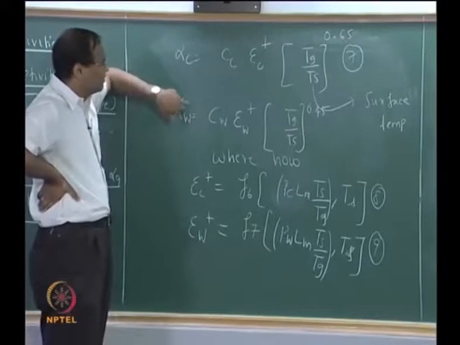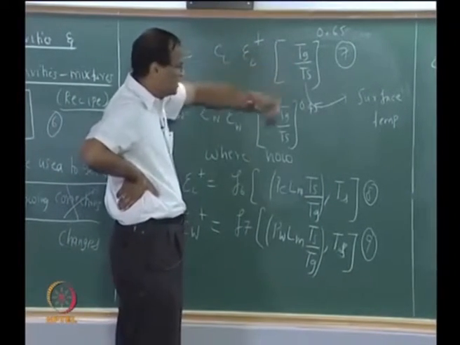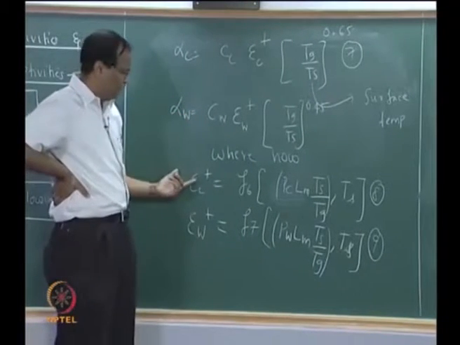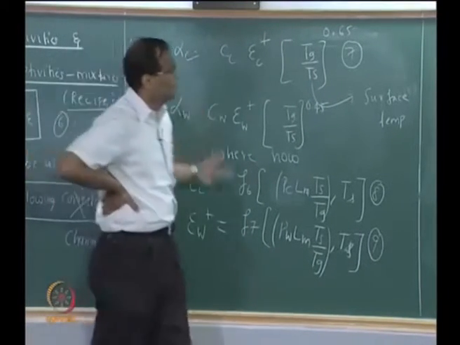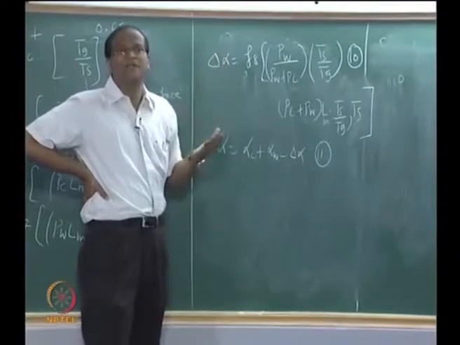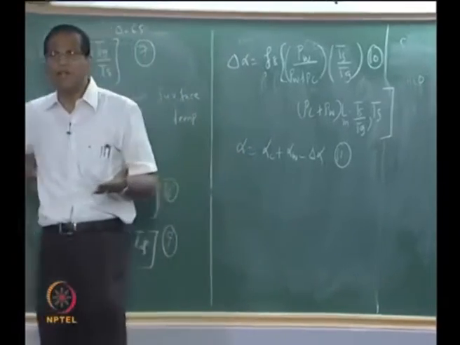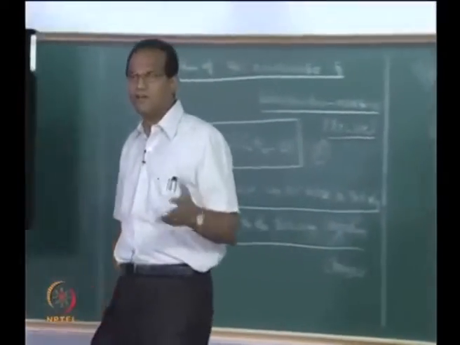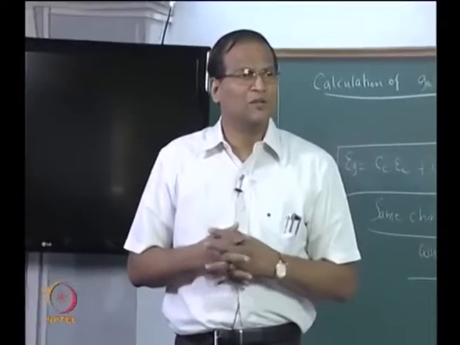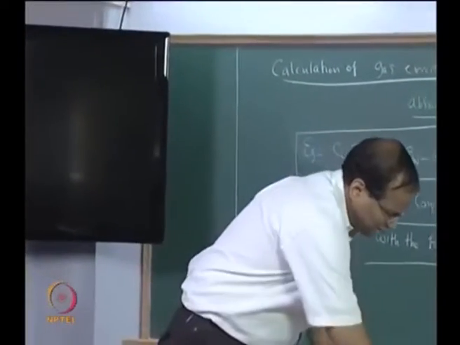Calculate these two values, but do not forget to multiply by Tg by Ts to the power of 0.65, but unfortunately Tg by Ts to the power of 0.45 for alpha W. Get these two correction factors, incorporate them, get this delta alpha. But from my experience, for the kind of problems which we are solving, delta epsilon and delta alpha will usually be 0.01, 0.01, 0.002, 0.03 and so on. If you get some 0.1, which makes both the epsilon and alpha become negative, then please check your calculation.